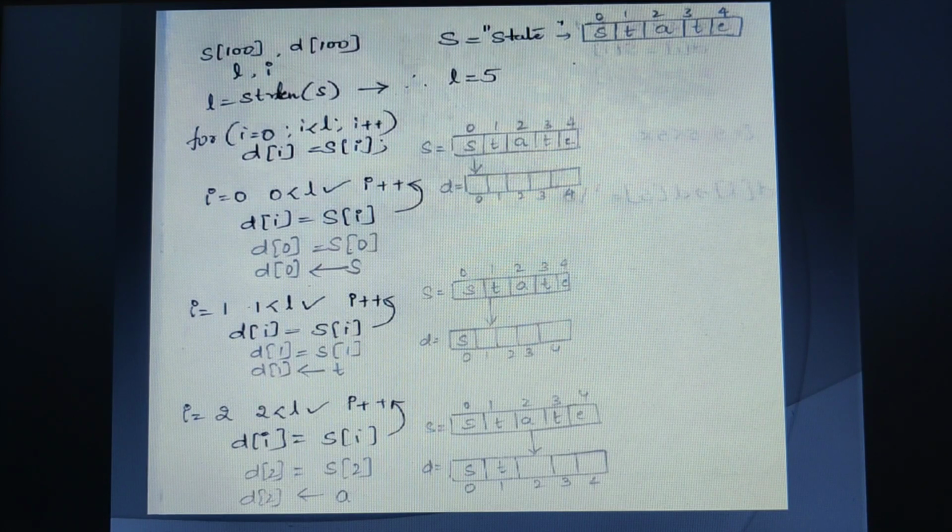Understood? Then look at this one. I need to copy what content is there in the source string into the destination string. If I have to copy it, isn't it character by character that we need to copy? If I have to copy character by character, I need to traverse from the 0th location till the end of this given string, isn't it? That is the reason why I have taken the for loop. For i is equal to 0, then 0 should be less than L. 0 is less than 5. Yes, your condition is true.